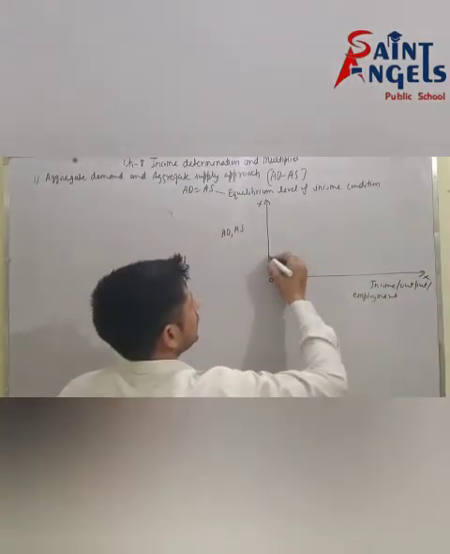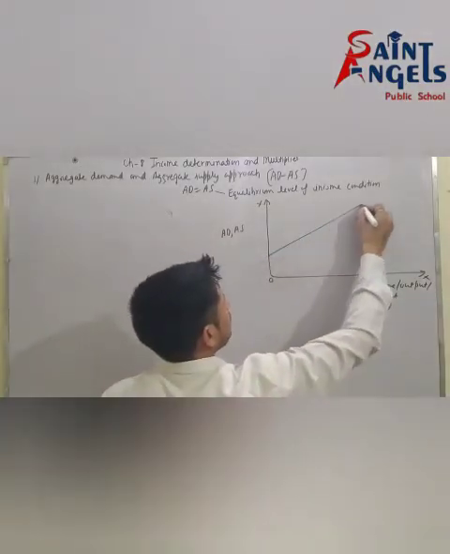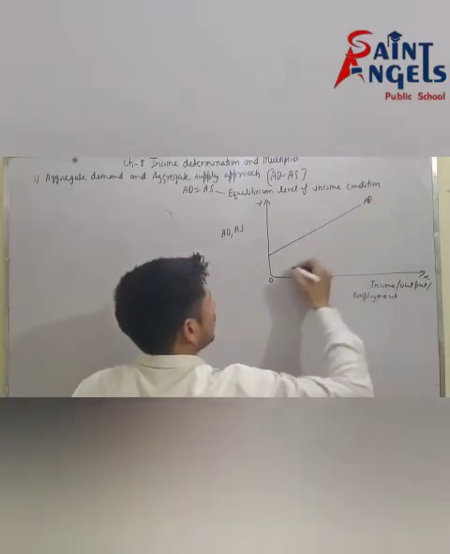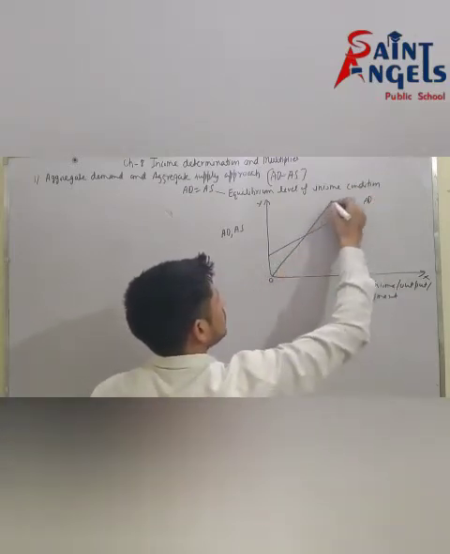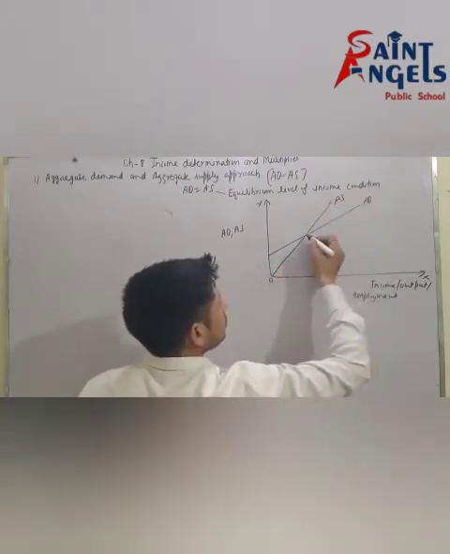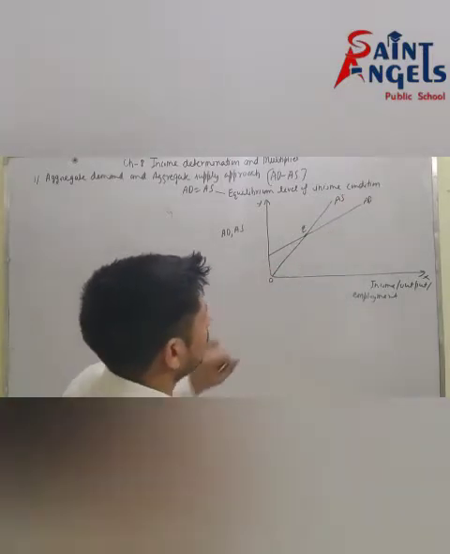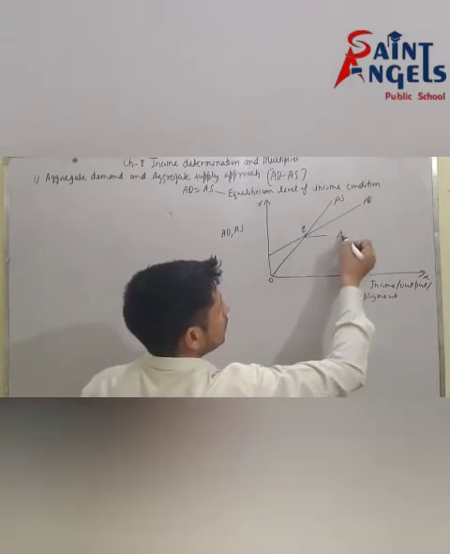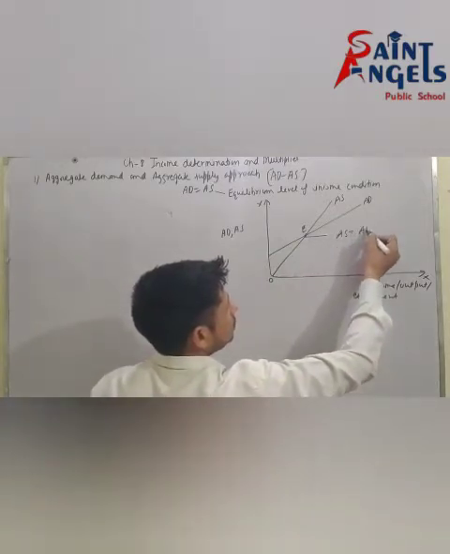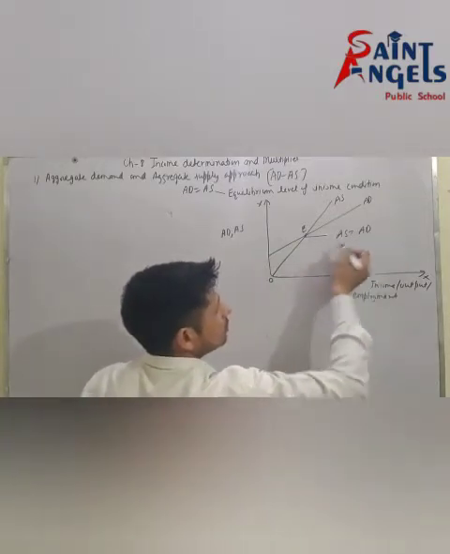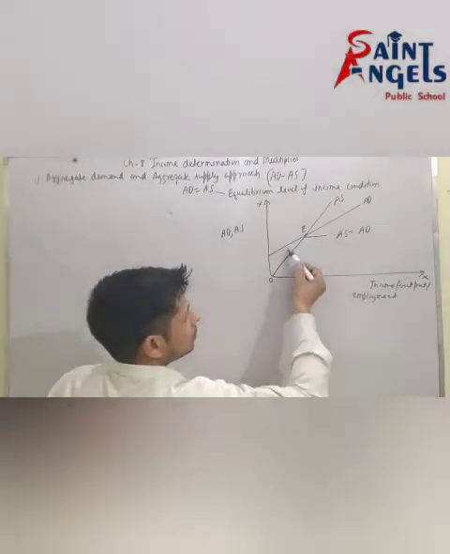You know that aggregate demand will be like this, and aggregate supply will be like this. So at point E, AD is equal to AS. But before this point,